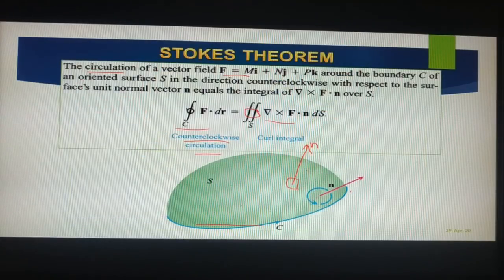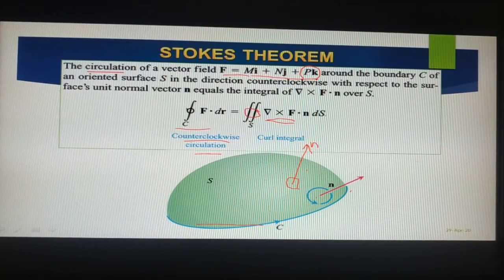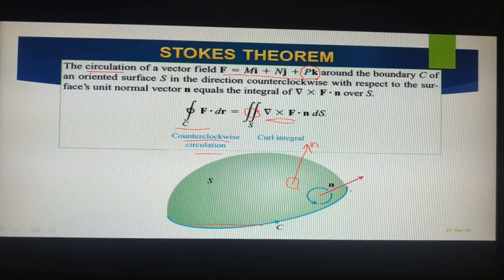Okay. So that's why I have given here del cross f bar, isn't it? Now f bar, I took with three components here. Previously, in Green's theorem, I have only mi plus nj, means it is a flat surface, sorry, it is a plane, isn't it? That's why I simply wrote curl f dot n cap into dx dy. Otherwise, that two-dimensional curl f, we can also show as dou n by dou x minus dou m by dou y. You know that, okay?